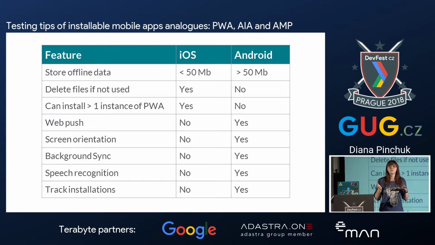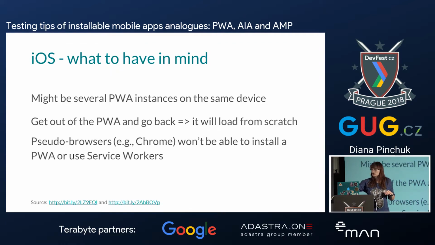Android and iOS support of progressive web apps is a bit different because, of course, Android has all the latest features, and iOS could have some issues. For example, it can store only less than 50 megabytes of data, or is unable to work with web push and so on. You should also keep in mind that iOS could create a few instances of progressive web app on your home screen. It's a bug, but I need to say that service workers have started support on iOS only on version 11.3, only this March, so it's less than a year, and they are trying to fix bugs as fast as they can.